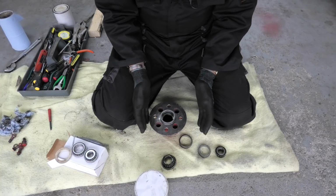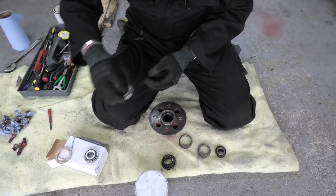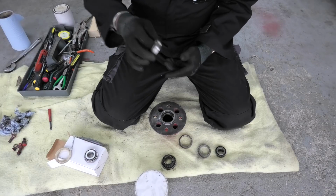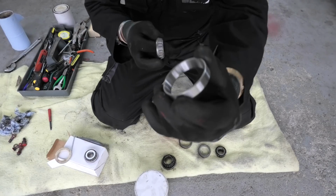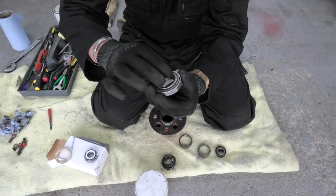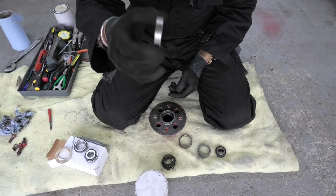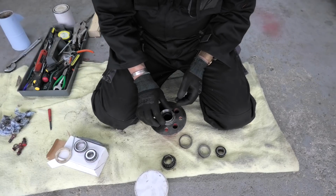So now I've got the lovely job of replacing both bearings with the new ones. So this one comes in two halves. So you've got the outer part of the bearing plus the bearing itself, which sits in like so. So the way you've got to do it, you place the outer shell of the bearing over the top, and it's got a